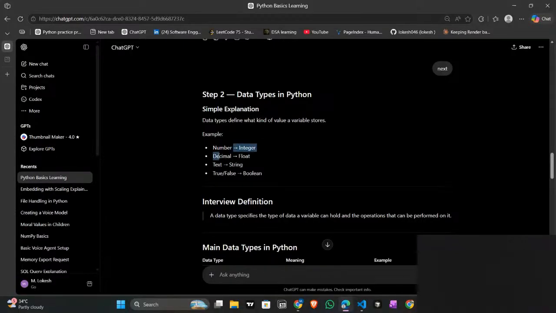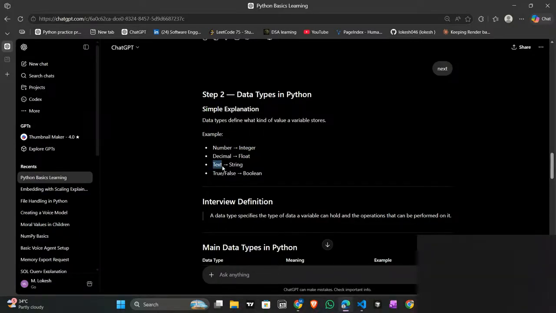We know what a numeral number means. A number means 1, positive or negative, an integer, and decimal or float. Decimal means a point after a number. 1.01 is a decimal value, so we call it a float.